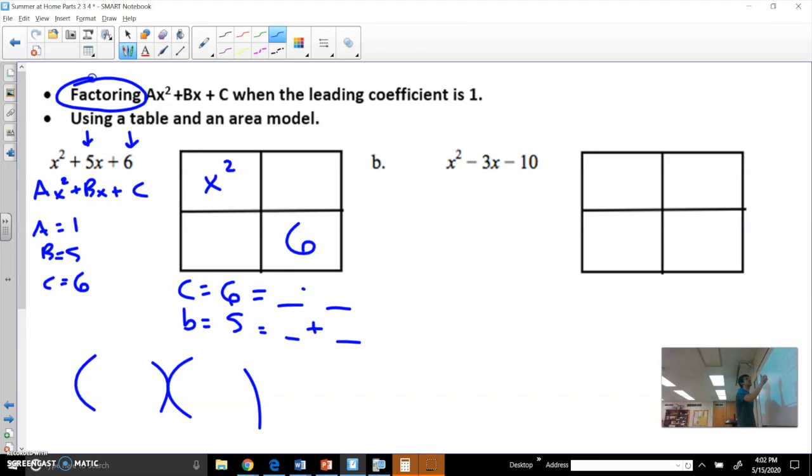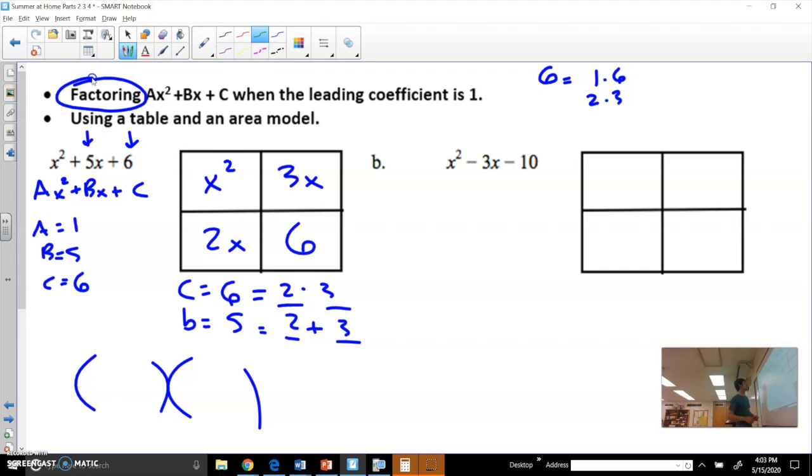If you think about the factors of 6, 6 could either be 1 times 6, or it could be 2 times 3. Now, which of these adds to be 5 would be the correct answer, and that would be 2 and 3. 2 times 3 is 6, and 2 plus 3 is 5. And so when we think about this 5x in here, that had to have been 3x plus 2x. Now we've broken apart that middle term, thinking about what would have multiplied to be 6 while adding to be 5, and then we can do that greatest common factor part looking at each